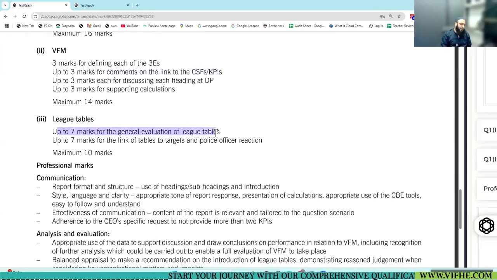2 areas for league table, 7 marks for the general assessment, and second, just imagine, second for the behavior of police. Now, this is a 10 mark requirement. As per marking scheme, up to 7 for general, up to 7 marks for police behavior.